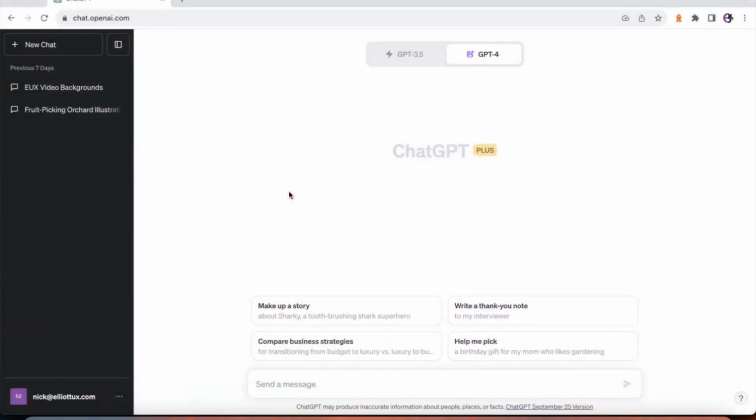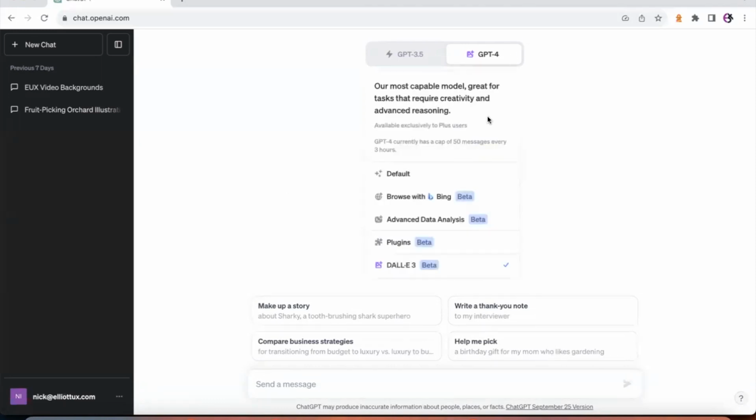Hi all, in the second AI and UX short, I'm going to talk about custom instructions and how you can use them to help you become more efficient in your workday. So for this example, I'm going to use ChatGPT Plus, although the custom instructions are available in the free version. The only reason I want to use GPT Plus is because I want to use DALL-E 3, which is the